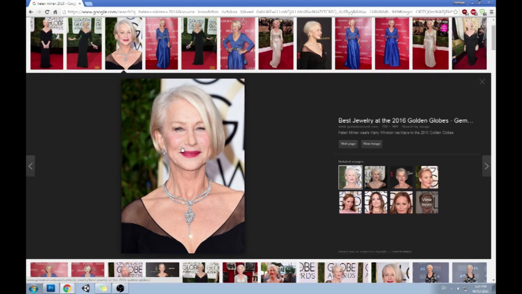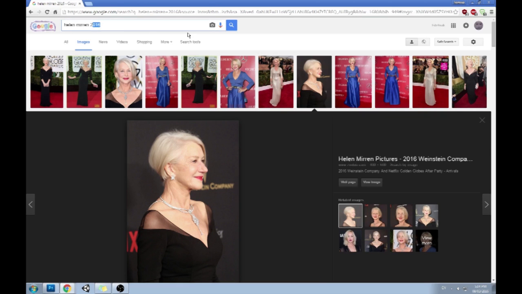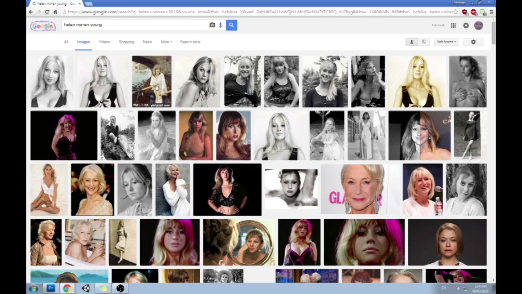The nose got bigger, it broke the golden ratio. The nose is wider than the distance between the eyes. The lips are very wide. We have a complete ogre. I'm sorry, Helen Mirren, but that's essentially what I'm teaching you. You guys have to remember these things. If we take away all the boobies and all the prettiness, what we get is the ogre. But Helen Mirren young, you'll see that these are all entirely inverted, and the width of her